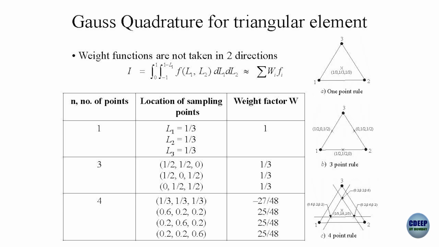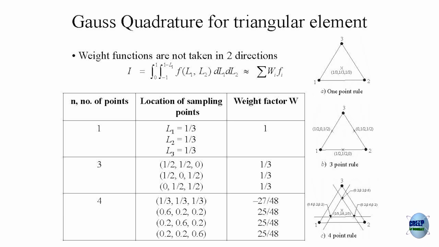involved or a different style of doing it, because here we proposed L1, L2, L3 as the 3 coordinates in triangular elements, but obviously, being a 2-dimensional coordinate frame, 3 cannot be independent. One of them has to be dependent on the others. So L1 plus L2 plus L3 is 1, we said. So the way in which the numerical integration would be posed is as shown there, 0 to 1 minus L1, sorry, it should be 0 actually,